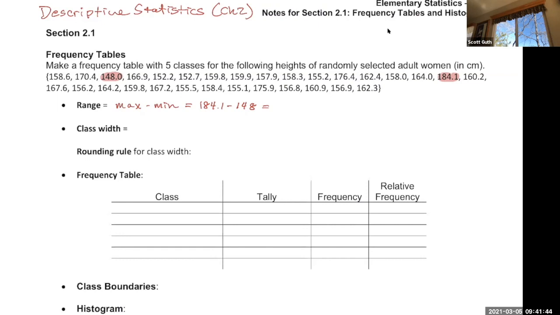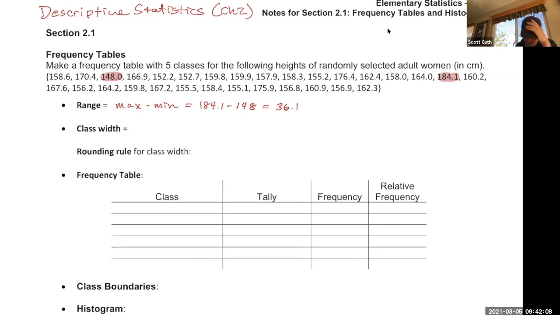So I'm scrambling to get a calculator real quick. I got 36.1. Great. Me too. And I got a calculator. So that's the range,